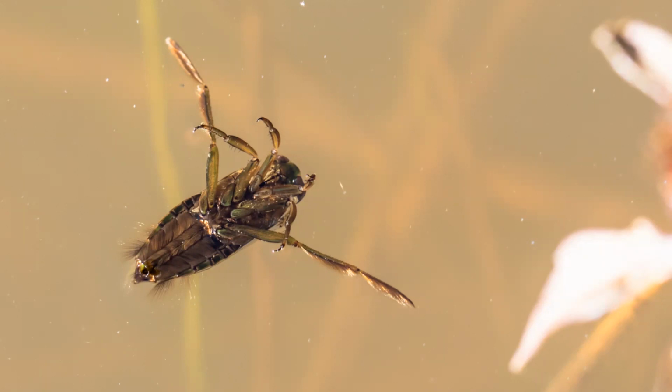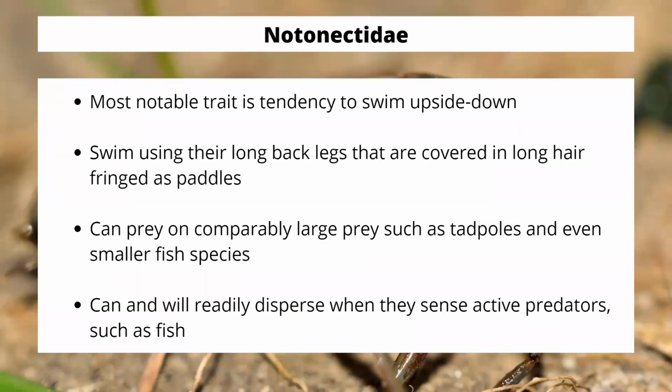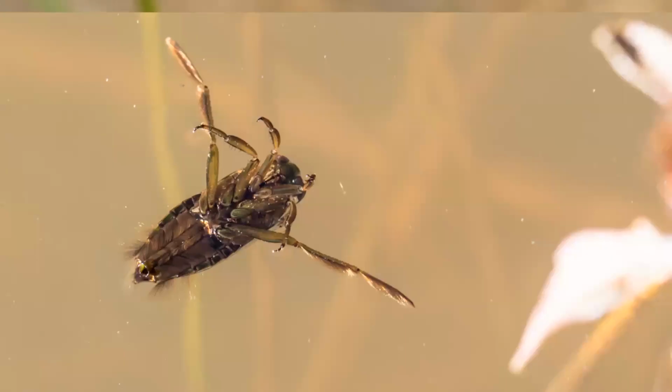Now, these are predatory insects. They are related to things like aphids or wheel bugs. They're part of that same overall order. However, they are unique in that these guys are aquatic. They'll swim with their large back legs that you saw here in this image. That V shape that its legs are making is how it paddles. It will push those back and propel itself forward.